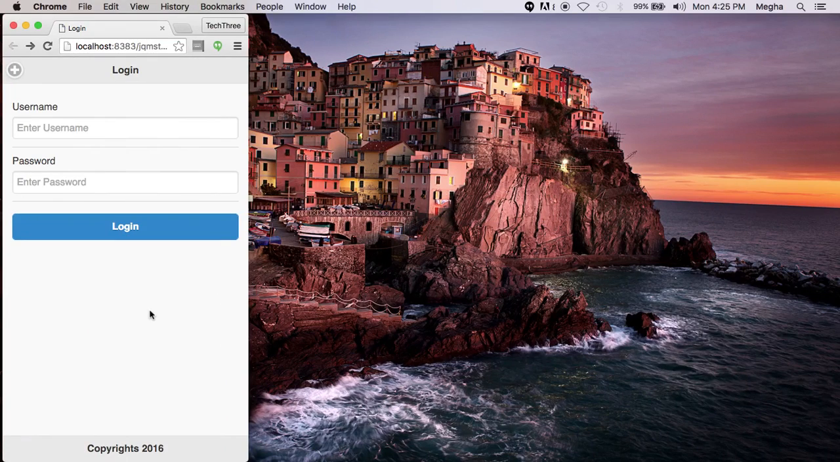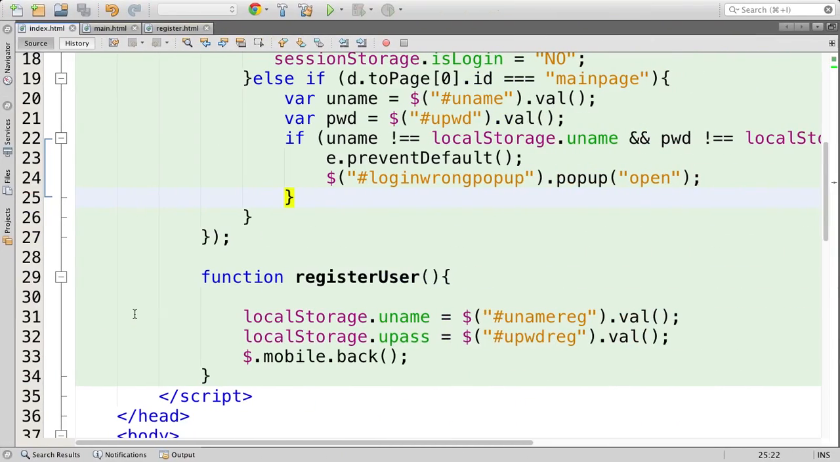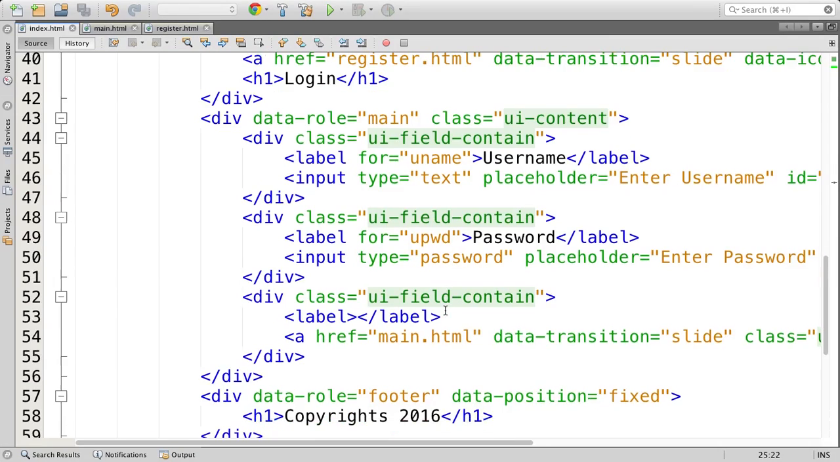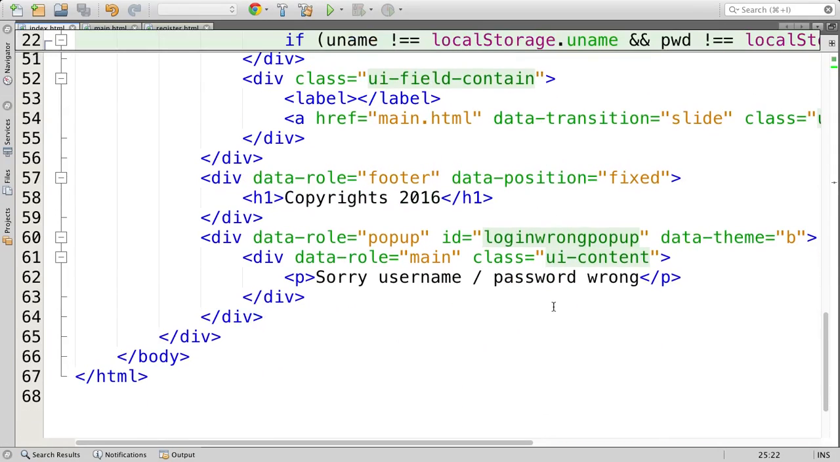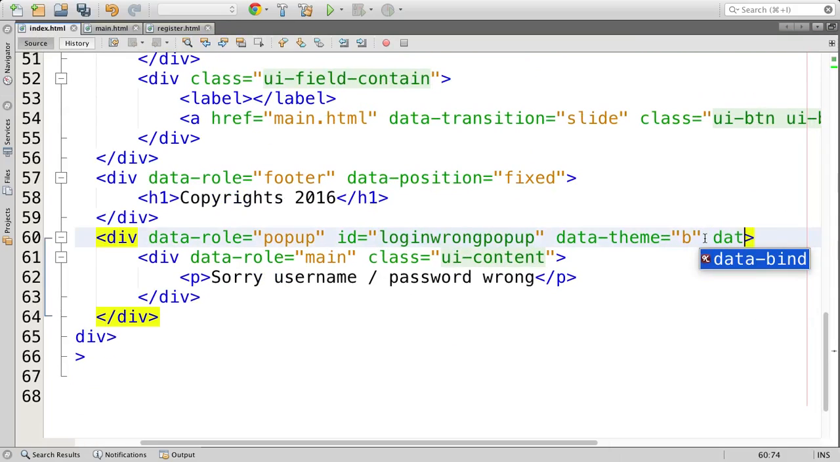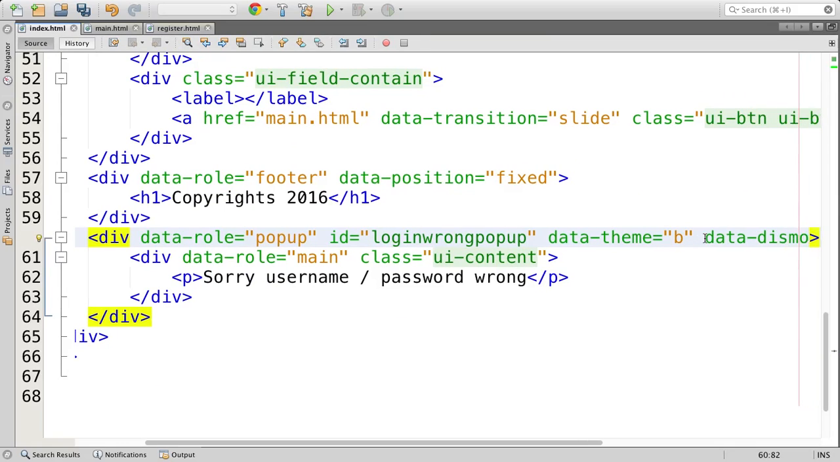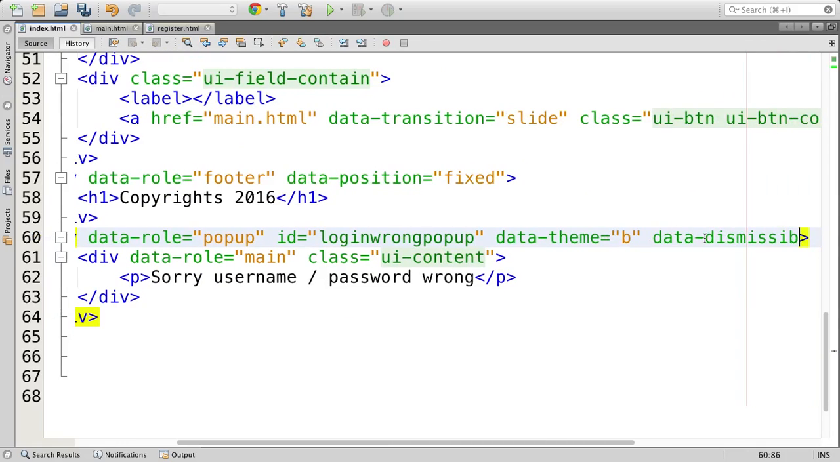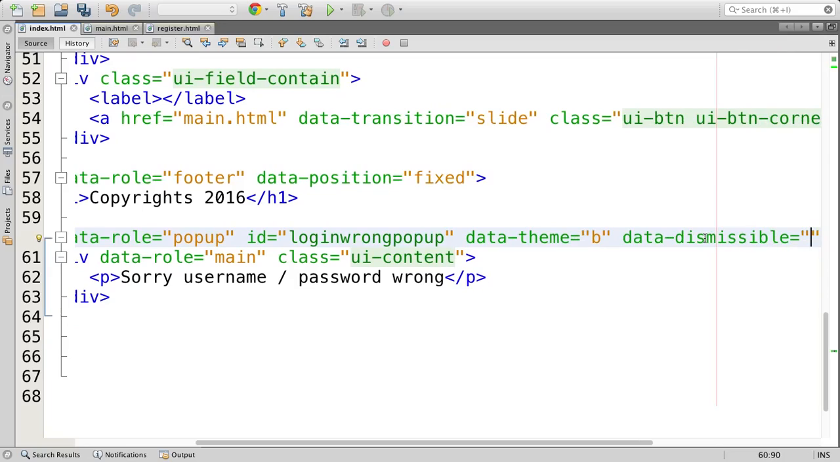It can be dismissed by clicking anywhere outside, anywhere in the DOM. You can simply click and it gets dismissed. But you can still customize that. For example, sometimes a pop-up should not be dismissed. Data dismissible set to